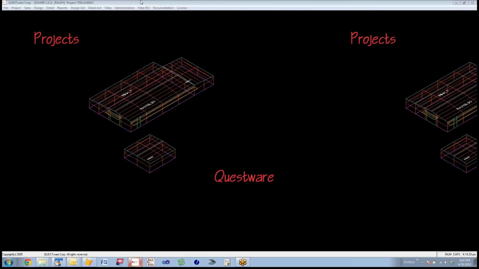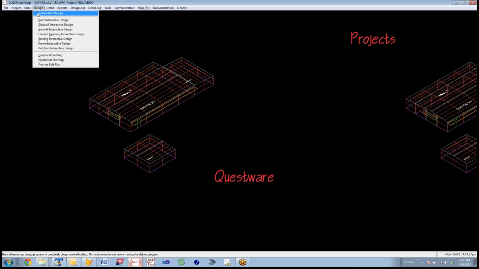This video is designed to show the interactive designs contained within the QuestMB product, along with the optimization process that's used in our automated design. You have the option of doing an interactive analysis of any part of the building. What we're going to concentrate on today is just show you a portion of that in our frame interaction and our in-wall interactive design. So we're going to go ahead and look at our frame interactive design on a building